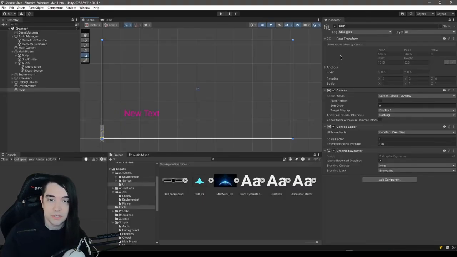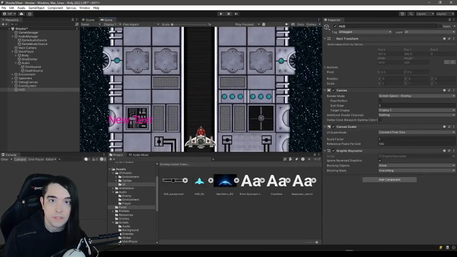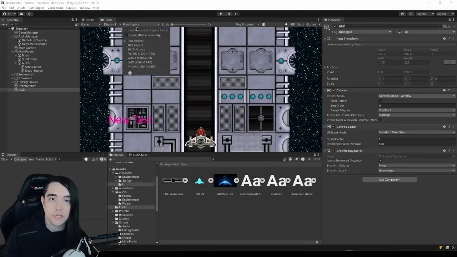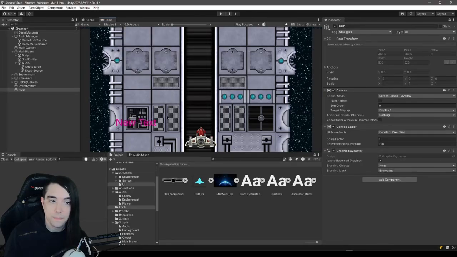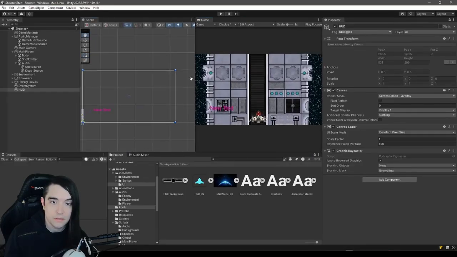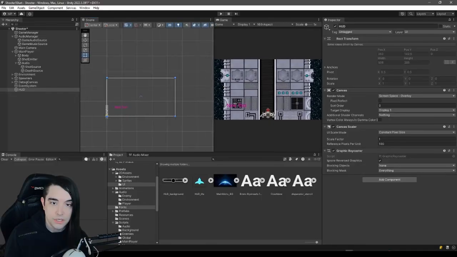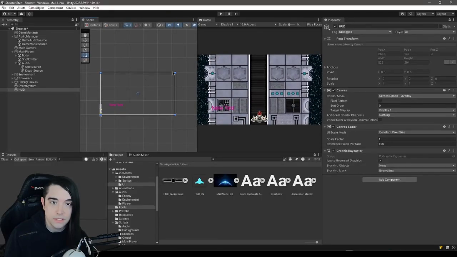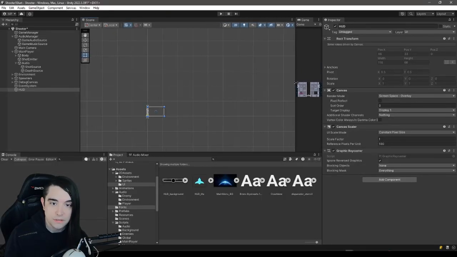And we talked a little bit about what the canvas is. It's essentially just an area that's based on the size of your screen. So if I go to my game window, my game right now is actually set to free aspect. I'm going to change mine to 16 by 9 so that I can more reliably work on my canvas here. Because if you have it set to free aspect, watch what happens. So if I have my thing set to 16 by 9, I change the size of my screen, it changes the size of my canvas, but